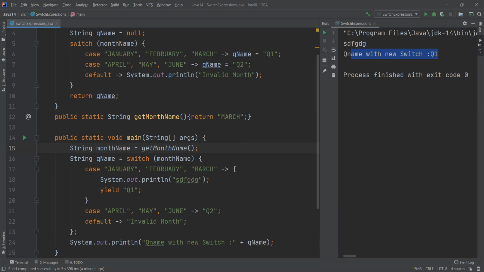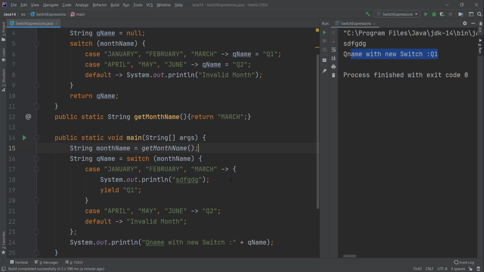Yield is a new restricted identifier which would definitely be asked in future Java interviews. So keep in mind that just like var keyword, which was introduced in Java 10, yield is also restricted and cannot be used as a class name or unqualified method name. So I hope you know that there's also one method, Thread.yield. So you can check that in my multi-threading videos on my YouTube channel.